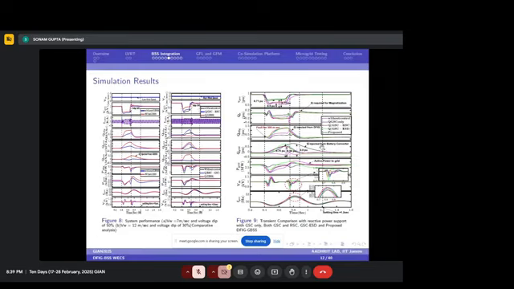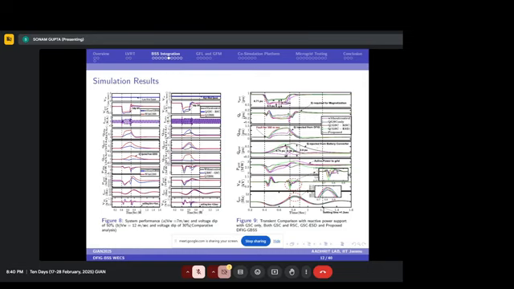Then on the right hand side, we have compared with different techniques like the energy storage system when it is integrated on the DC link, because there are two ways of integrating the battery storage system, either at the point of common coupling, like AC integration, or the DC integration. So we have checked on the DC integration as well as AC integration. With AC integration at the PCC, the response is comparatively better as compared to